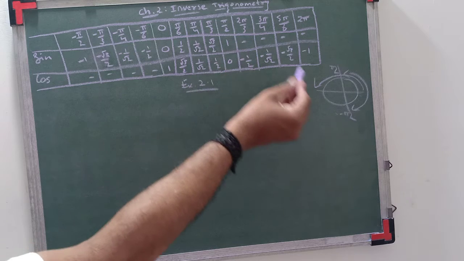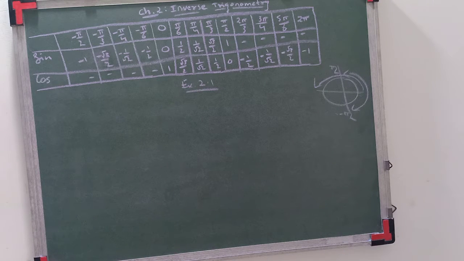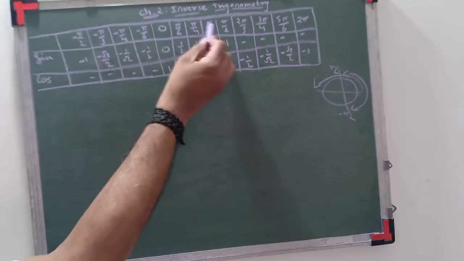And in second quadrant we don't bother about its value, because in second quadrant sine inverse is not defined. For the inverse function, first and fourth quadrant only is important for sine. Sine is one-one and onto in first and fourth quadrant, so its inverse exists. So we are bothered only about first and fourth quadrant.